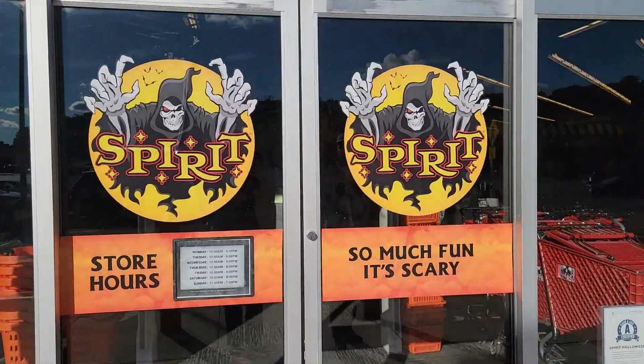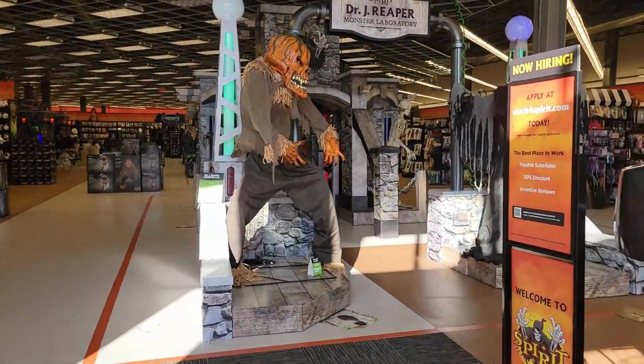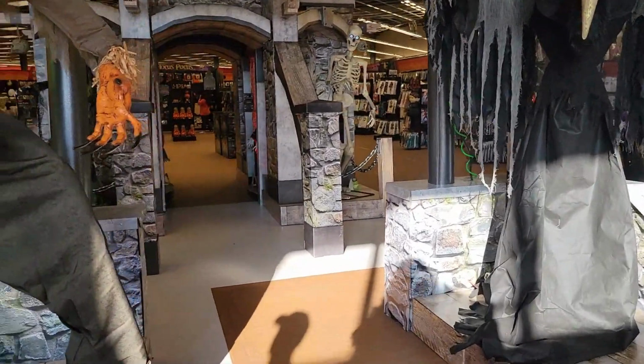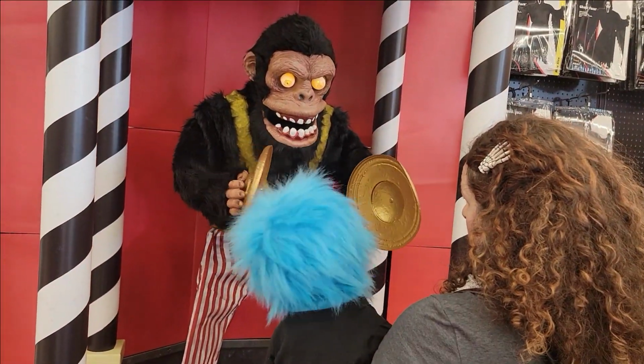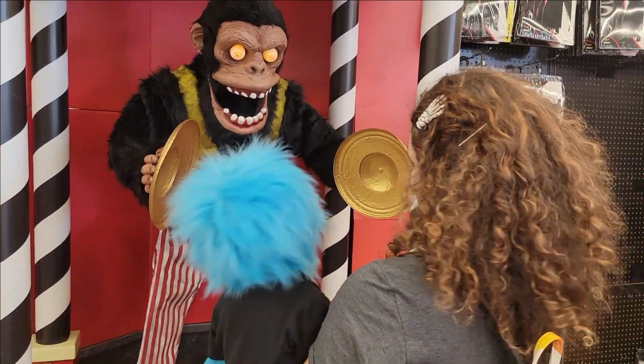This was one of the first things that I think about with Spirit, let's go check out their animatronics. So we checked out 10 different animatronics, and I love how they have their setup here. Unfortunately, that pumpkin guy was not working, so we did not get a good look at him or see what he's all about, but we did get a good look at 10 others. So, Hank, what's this guy's name? His name is Monty. Yeah, Monty. I had really high hopes for him. I thought he was going to be cool and creepy, but...